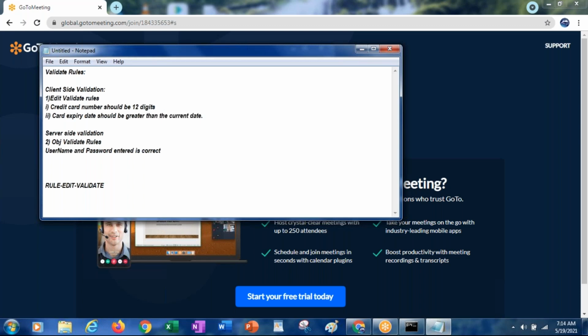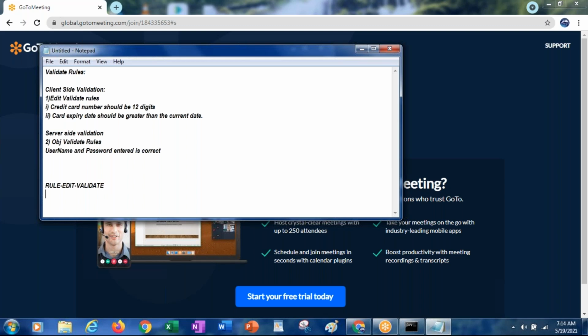Render date, like this. Then rule edit validate, and the other one is obj validate. Based on the context, we will decide and create. While performing this, there is one more main difference.